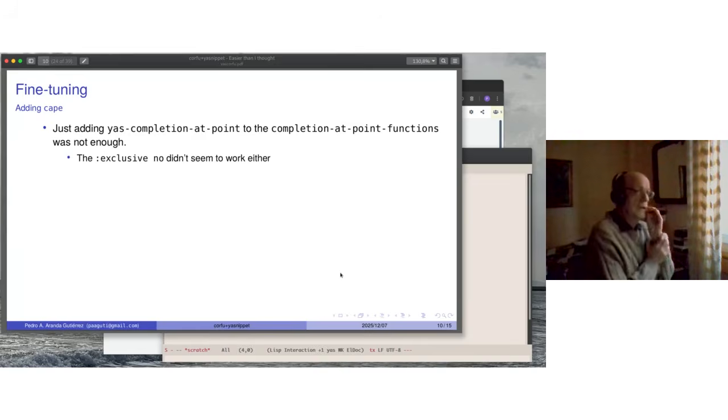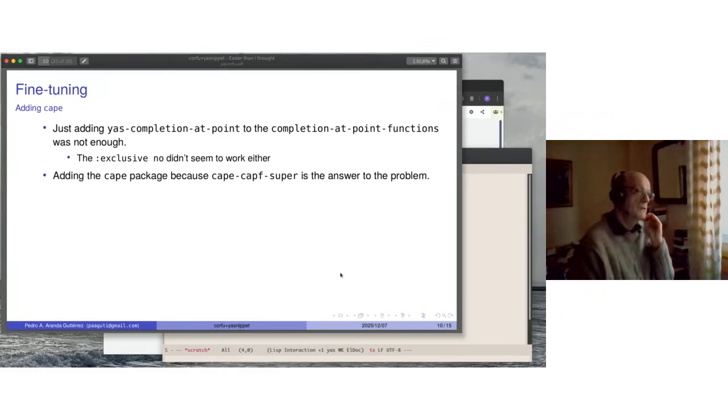So, fine-tuning: just adding yas-completion to the completion-at-point functions was not enough. I don't really know, but the exclusive mode didn't seem to work how I wanted. So I needed to use Cape. Sorry, I was saying I was getting rid of packages, and I had to add one package in order to get a function, which is very nice, and which is part of the Cape package, and that's